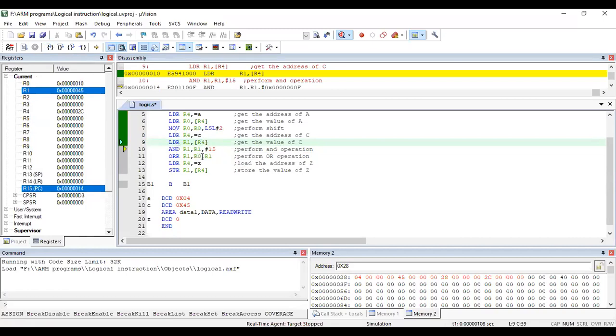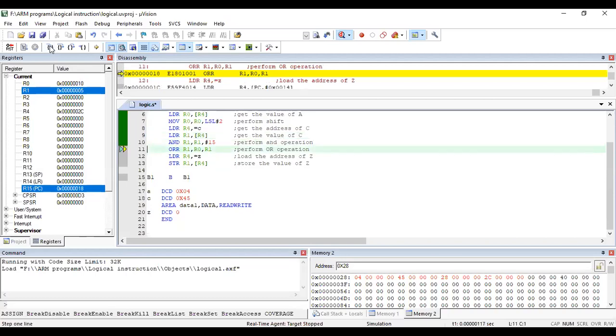You should do the AND operation. So what is the value of R1? R1 is 45. So AND operation with 51 means 51 in hexadecimal is 0F. So 0F means 45 AND of 0F means 4 AND of 0 means 0. 5 AND of F means that value itself. That means you will get the result as 0, 5. So 0, 5 will be stored in R1.